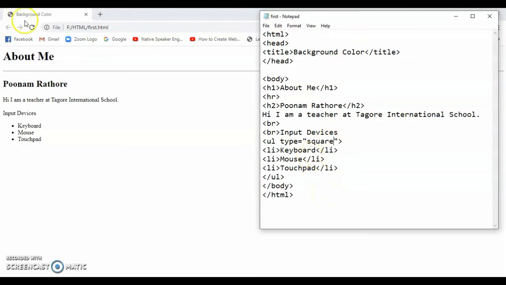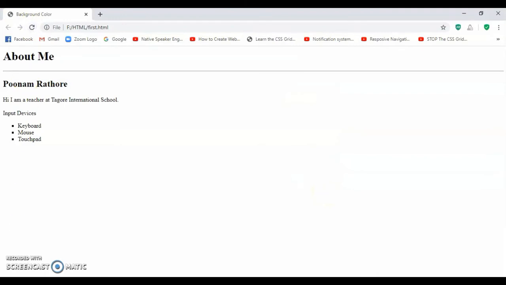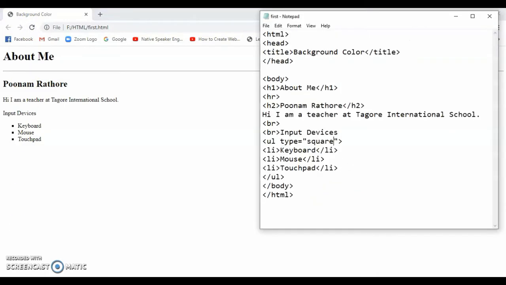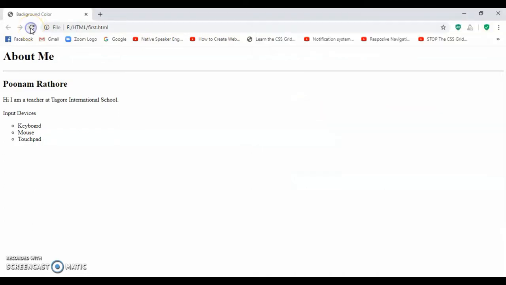Save it and then refresh your web page. So as you can see, the squares are now being used as bullets. Similarly, you can use disc or circles also. So let's see how we can use this. Instead of square, I'm going to write circle. By default, the bullets are known as disc in HTML. So if you want them as a small circle, just write circle, and this is how the small circles will